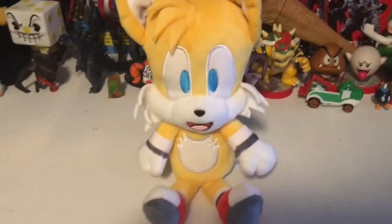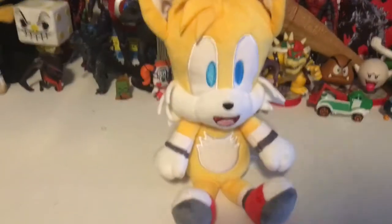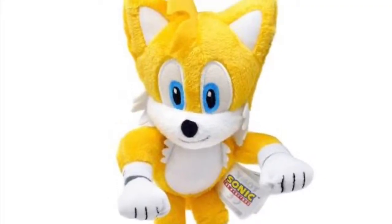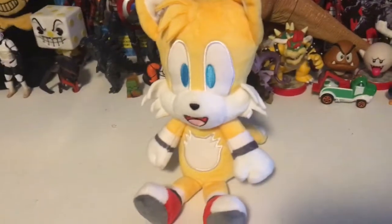Wow, yay. So the last thing I want to mention is how accurate the shape of Tails' head is. It's thin at the bottom and then very large at the top, that is 100% accurate for Tails. As you can see, that's something toy companies tend to get wrong when manufacturing Tails plushes. So I really think that's about it for Tails, so...